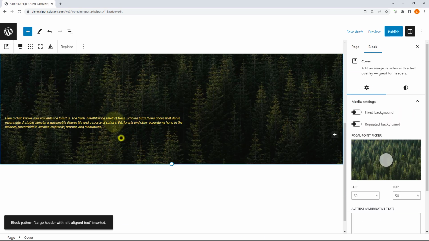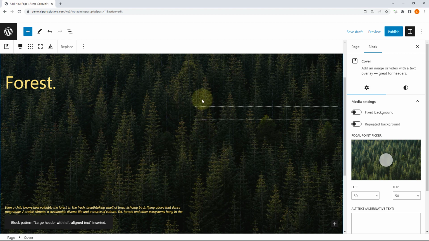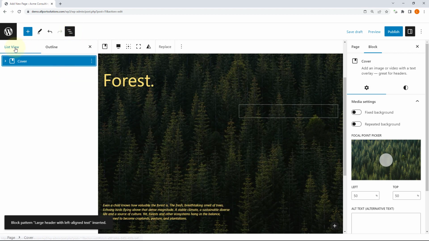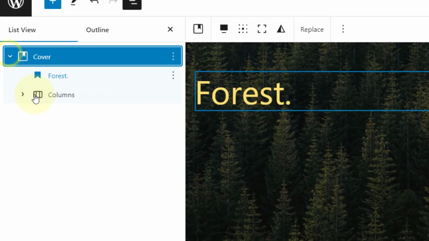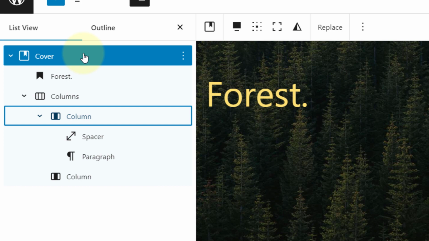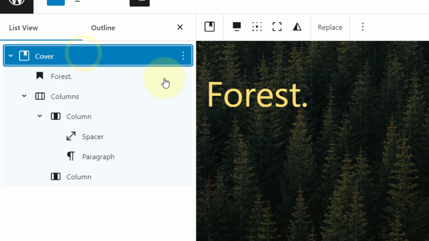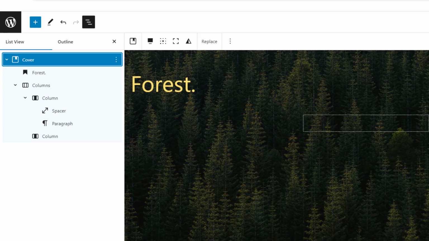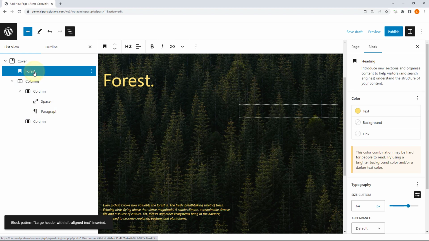But that's the thing with Gutenberg. When you just look at it, it's not very helpful. You don't really know what's going on. So you have to go to list view, see exactly what's happening. Okay, so we've got a cover, and then you can see the settings here. That's headline,